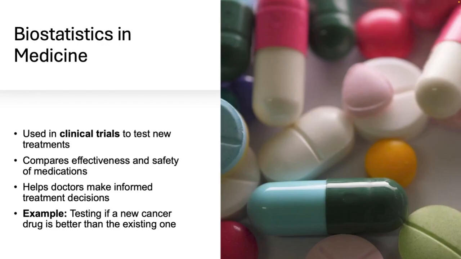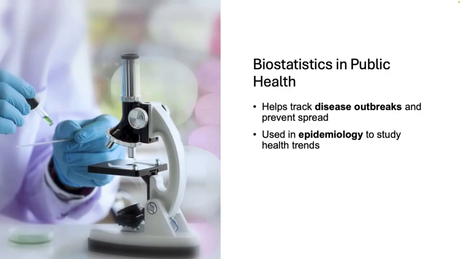Now, imagine two groups of cancer patients. One group gets the new drug and the other gets a standard treatment. After a few months, researchers compare survival rates. Symptom improvements happen, but there are also side effects. If the new drug helps significantly more people, it might become the new standard treatment. So as you can see, without biostatistics, we wouldn't know if it was actually helping or if it was just a coincidence.